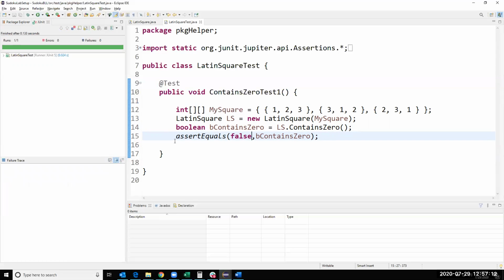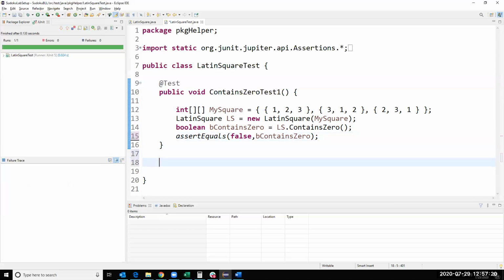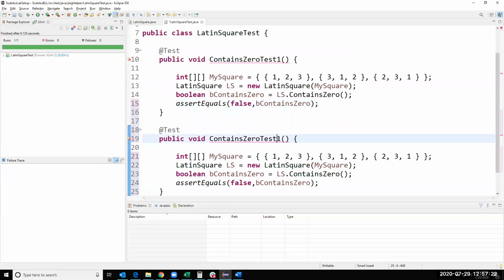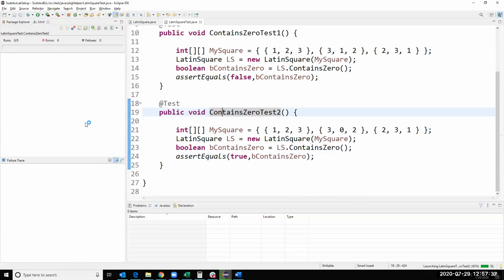Very good. Okay, so we tested the positive case. We tested like no zeros, right? Let's test where I actually have a zero. That's why I call this test 1 and test 2. Here's test 2. I'm going to insert a 0 right there. That thing has a 0 in it, right? Should find a 0. And I'm going to make that true. And then I'm going to test again. And it's going to work. And I know that it tested,